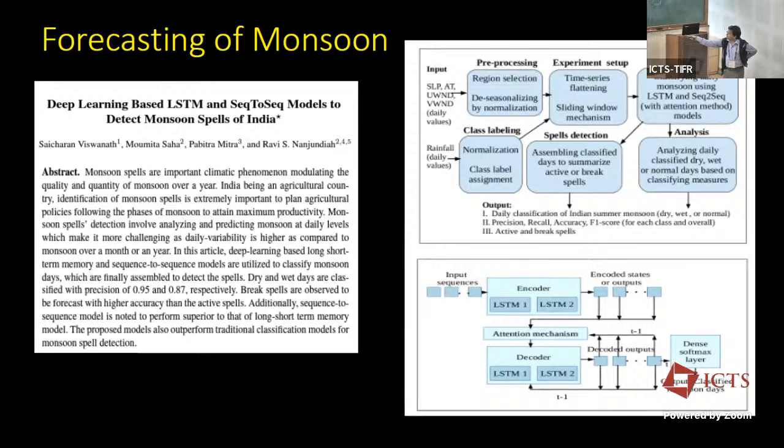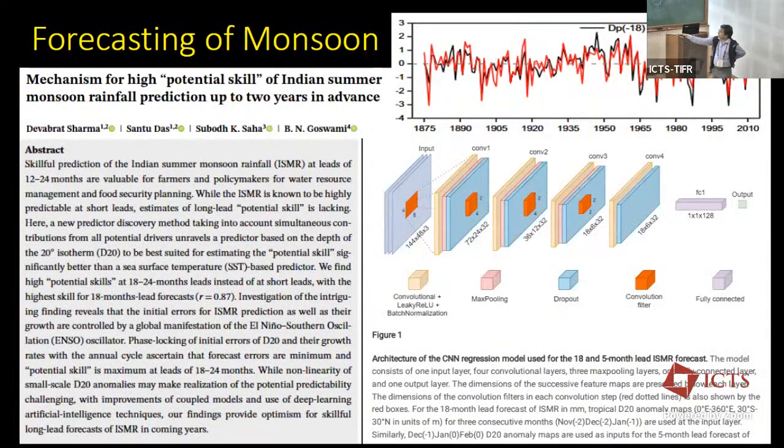So this forecasting of monsoons, as you can see, like in one of the recent works which was done by Professor Bhupendranath Goswami and some of his students. They came up with a machine learning model which can predict the ISMR, in this case just the one real number for the whole season. The input to their model was the worldwide map of, let's say, sea surface temperature, and they showed that it is possible to do this 2 years in advance.